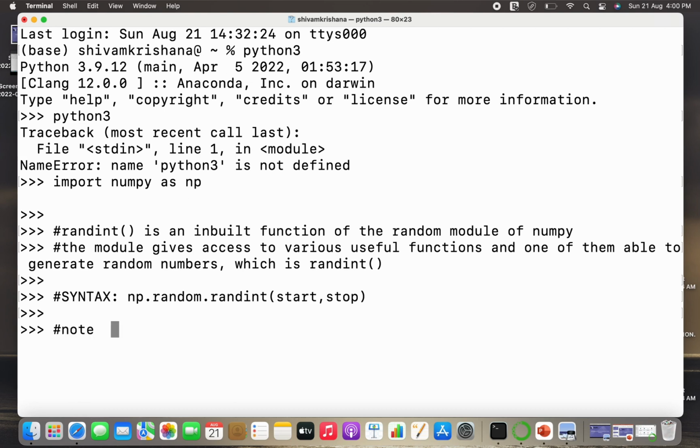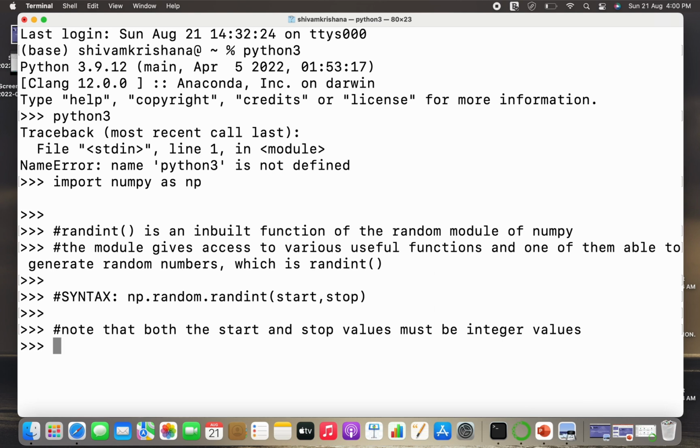This is the syntax. Also note that both the start and stop values must be integers. The start and stop values indicating the range must be integer values, otherwise you will get an error while